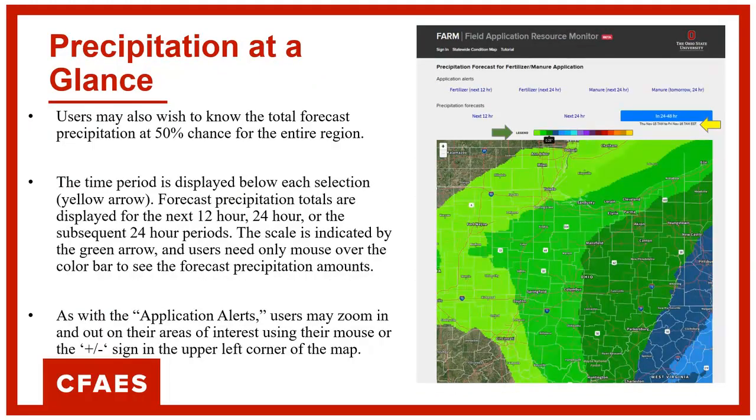If you're interested in what the 50% probability of precipitation is across the state, then you can click one of these links down here. So that's under the label Precipitation Forecasts. And we give that precipitation forecast for 3 different time frames: 12 hours, 24 hours, and 48 hours. This is not a forecast of how much rain there is going to be. This is a 50% possibility for precipitation over this time frame.